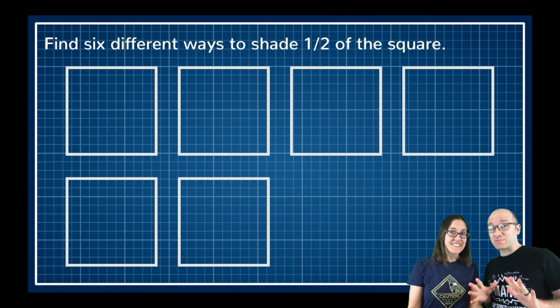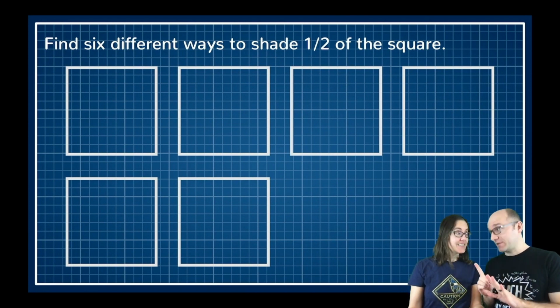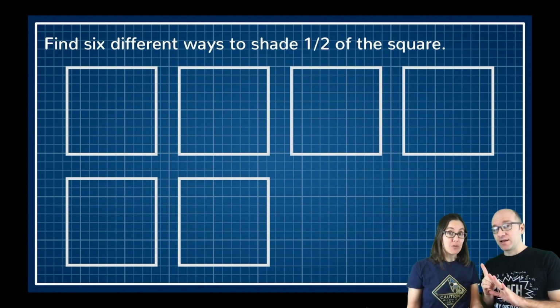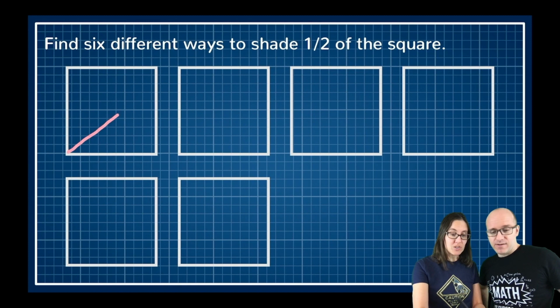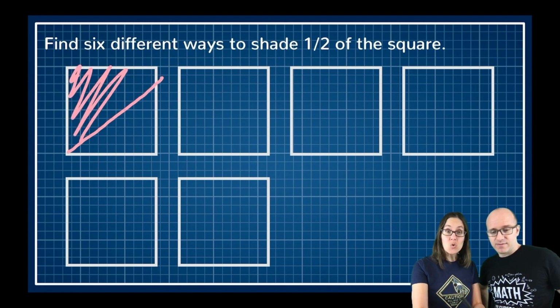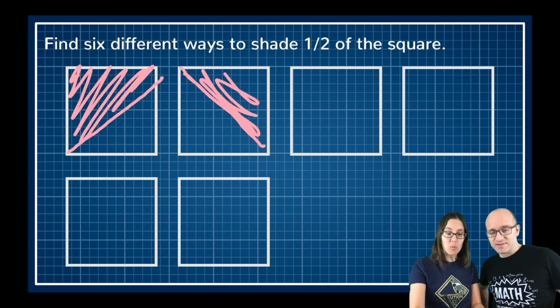So to start off with, Science Mom, I want you to shade a square, but only half the square. Okay, in 6 different ways. And I want you to do it in 6 ways. Yep. Now, if you downloaded our worksheet, which is in the description, you can do this as well. And you can probably do it a little neater than I'm doing it because you won't be rushing.